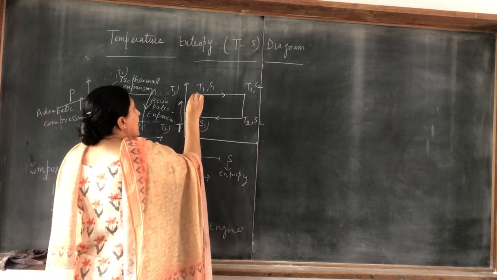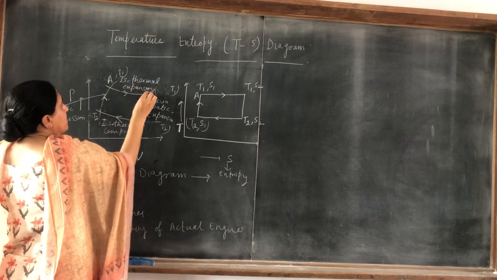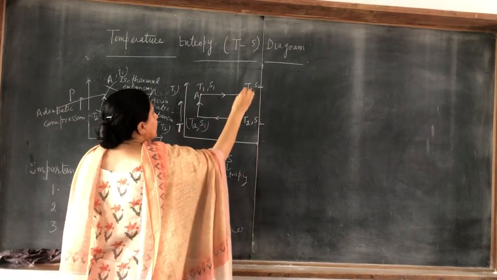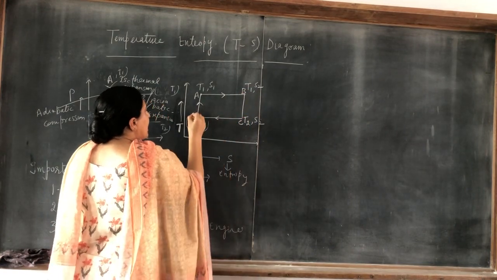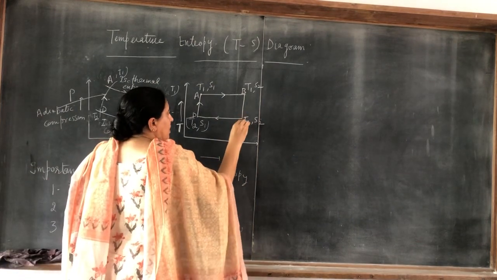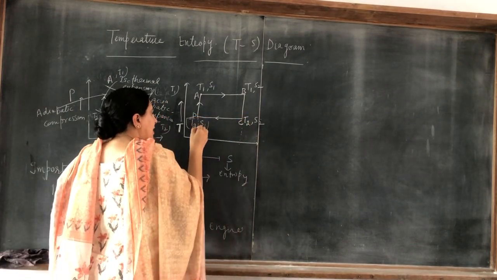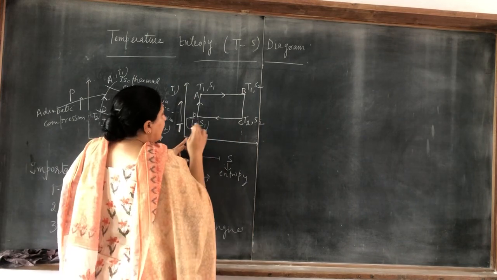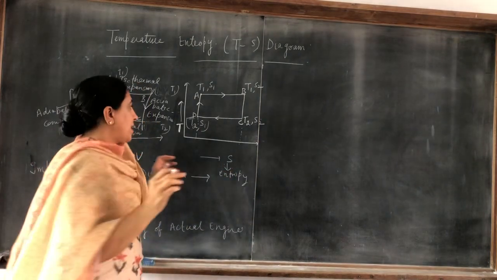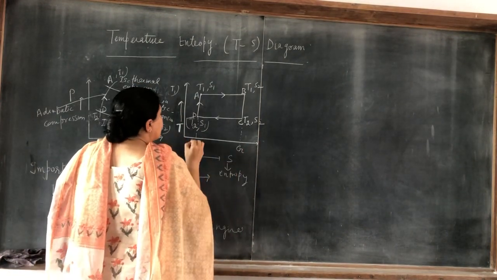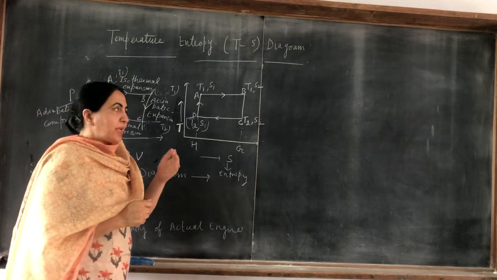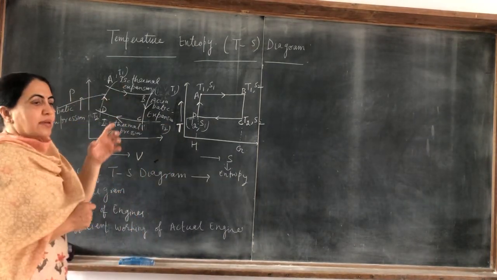So if this is A, B, C and D point, similarly this is A, this is B, this is C, and this is D point. Clear? I draw a dotted line here, draw a line here. C, D. You can give it any name, I give it G and H.